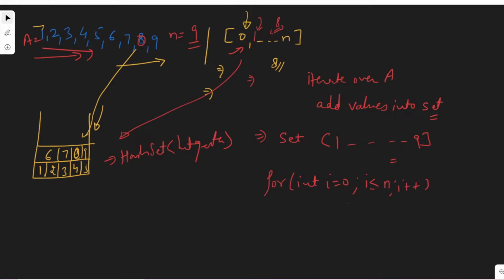Okay, and here what you have to do is check if the set contains i. If it contains i, that means that value is present in the array. But if it does not contain it,